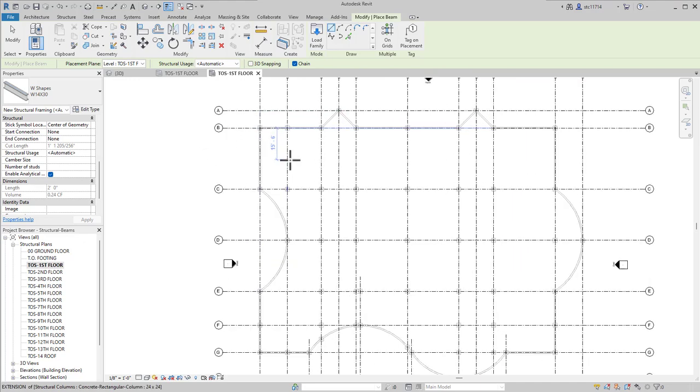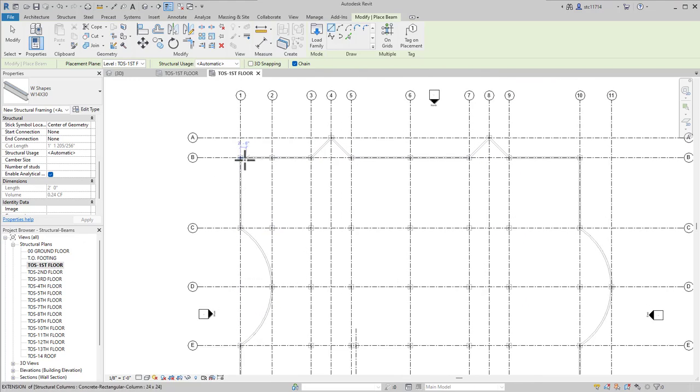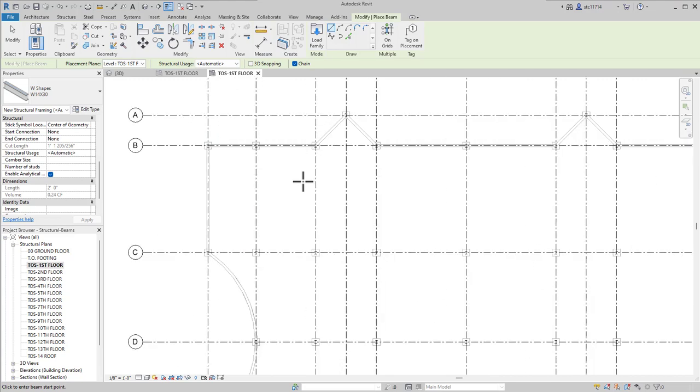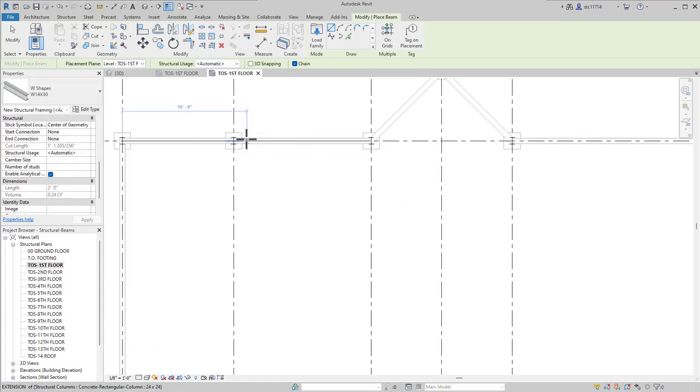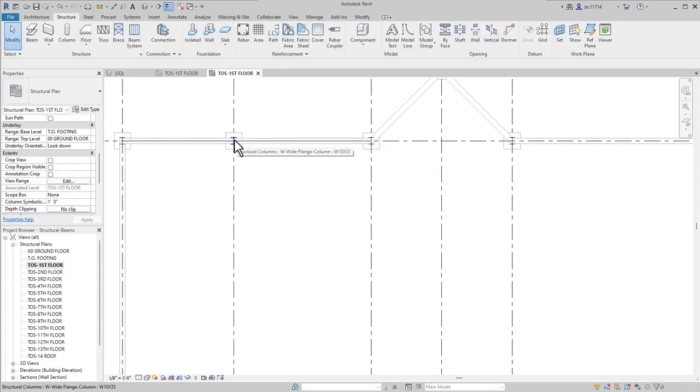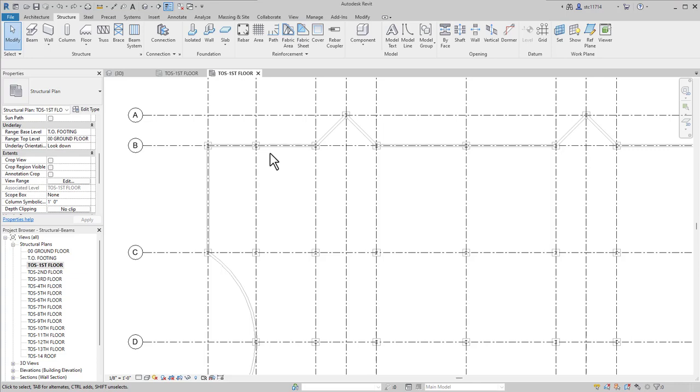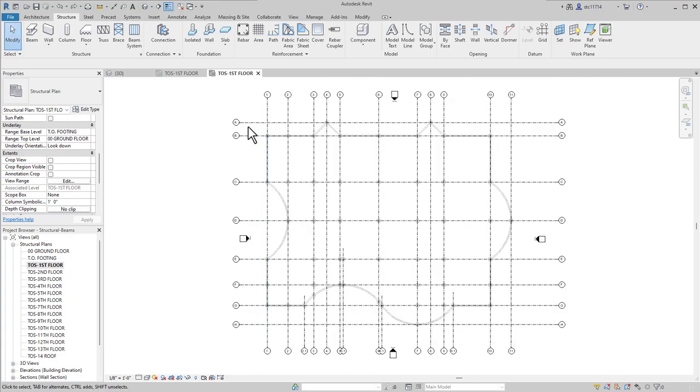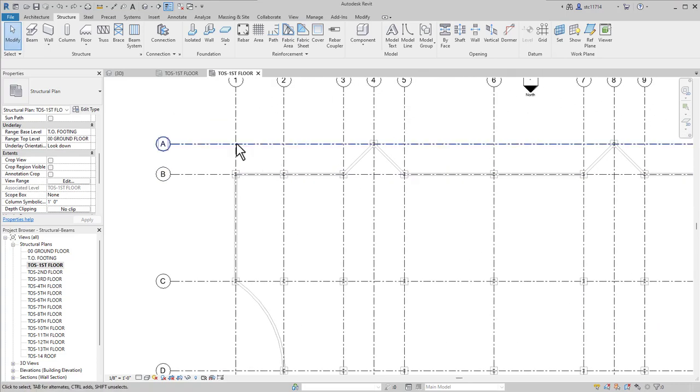And as you're drawing these beams in, it's important that you're drawing from column to column. For example, it would not be appropriate for me to draw from this column to this column because this beam is going to be interfering with this vertical column. So I'll undo that, and what I want to do instead is to draw from column to column or grid